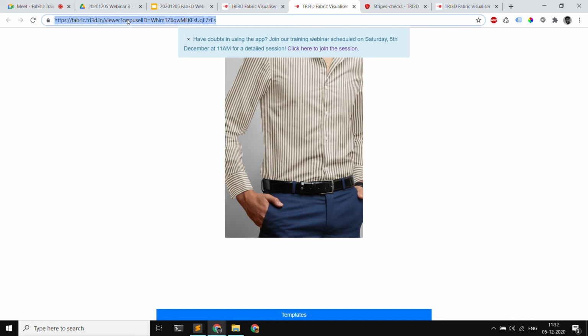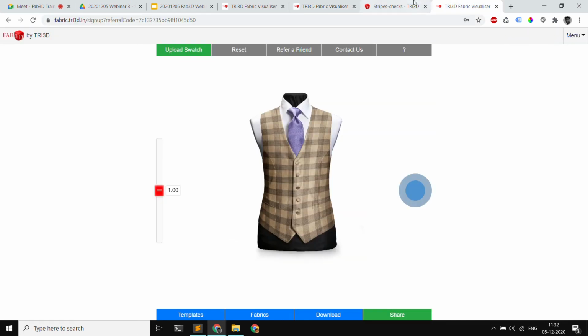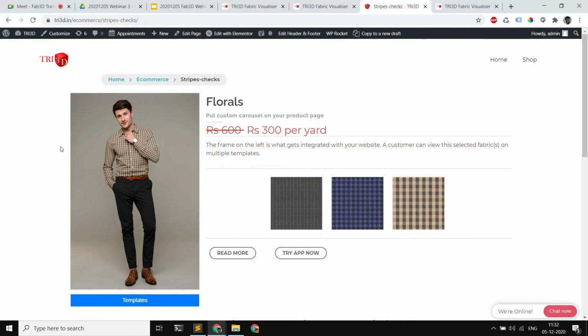You can load it in a small iframe snippet. You can define an iframe for your website and load the link in that particular frame. That's all. There is no external installation required. So whenever you are adding attributes or parameters to your fabric, you can add this as an additional parameter in your backend. You can pass this link and load it in an iframe when somebody clicks on the thumbnail.